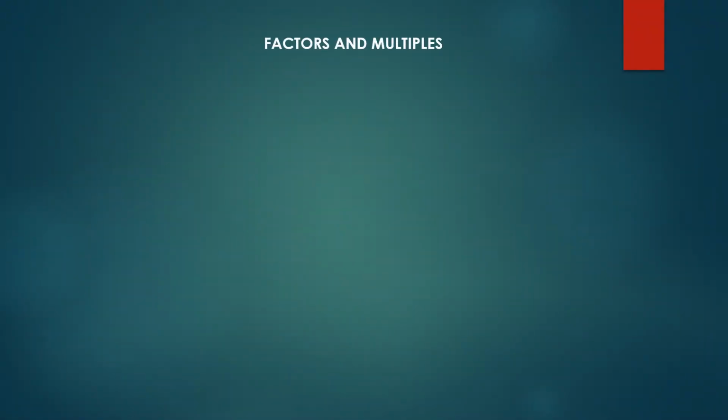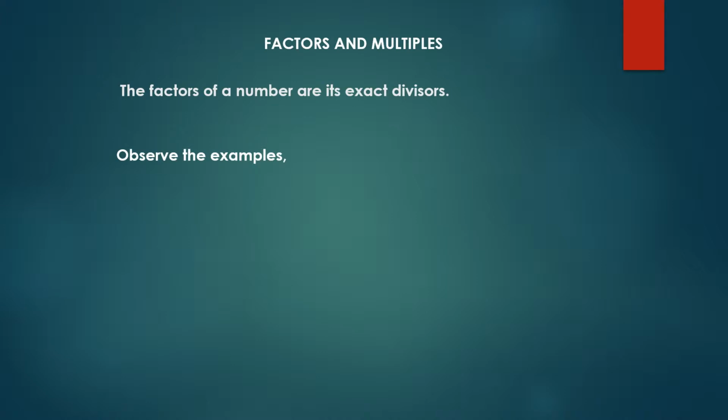Factors and multiples. The factors of a number are its exact divisors. Observe the following examples. The factors of 12 are 12, 6, 4, 3, 2 and 1. Thus, 12 has 6 factors. 12 is also a factor of itself